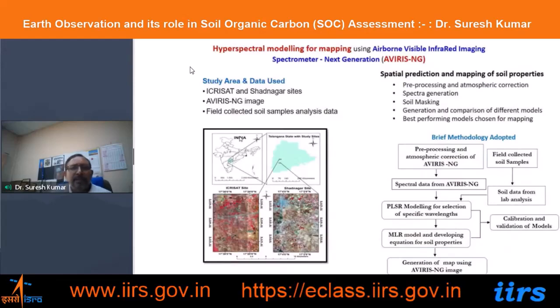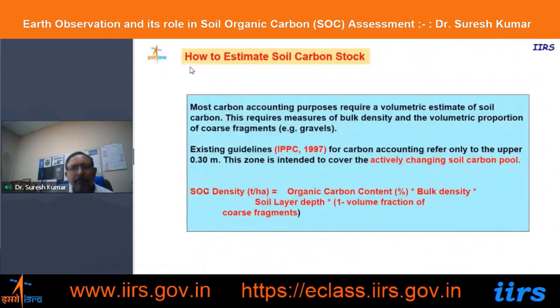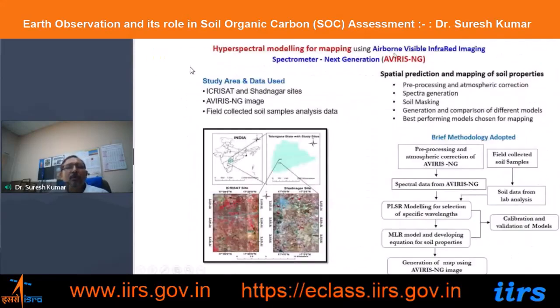Also, we used one study using the Airborne Visible Infrared Imaging Spectrometer. This means that in the coming years, with next generation satellites, we are going to have hyperspectral data. We have used an American sensor, the Airborne Visible Infrared Imaging Spectrometer, known as AVIRIS-NG, and this is a high spatial resolution hyperspectral